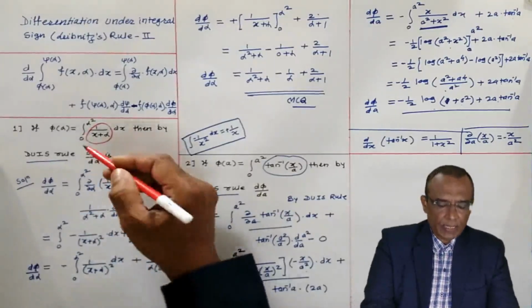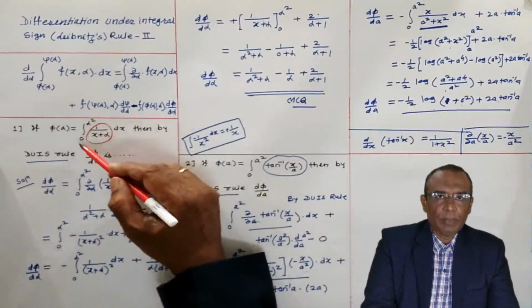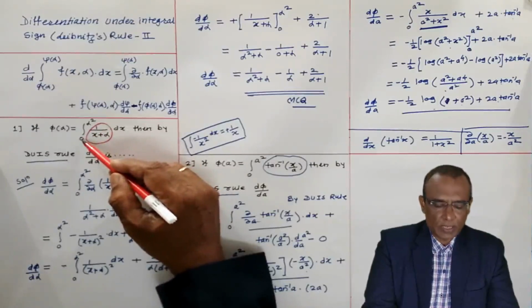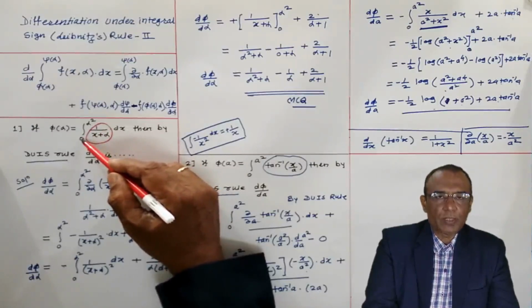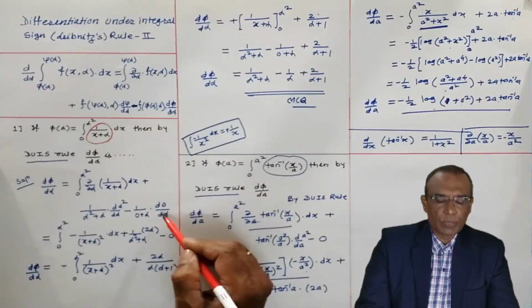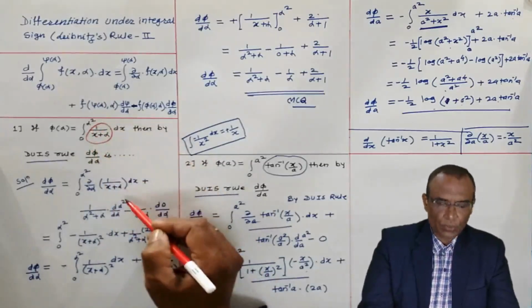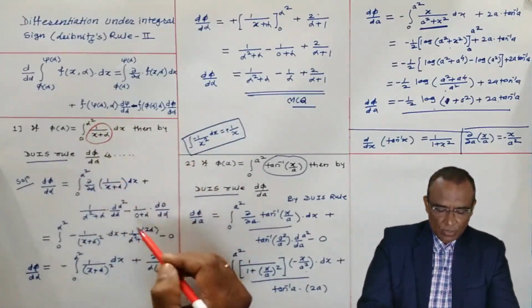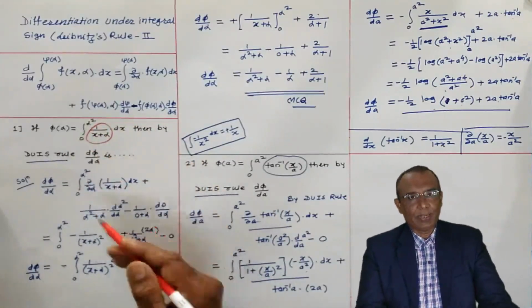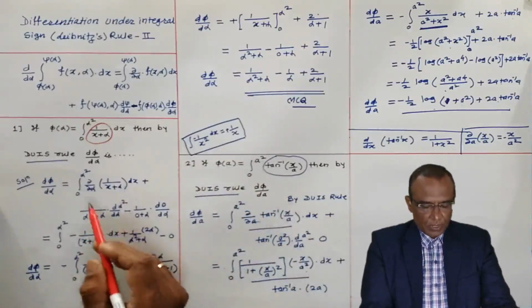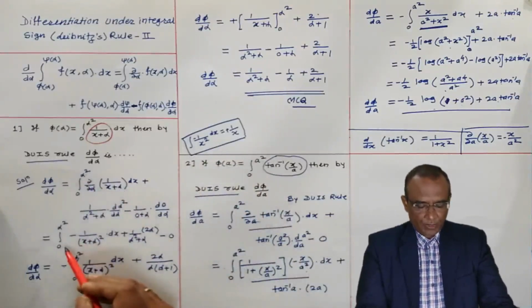In this way you can directly remember: if one of the limits is constant, okay, 0 is a constant, and the derivative of a constant is 0. If the lower limit is constant, then the third term will be 0. If the upper limit is constant, then the second term will be 0, because the derivative of a constant is 0. In that way you can write directly also. Now the first term, 0 to alpha square.